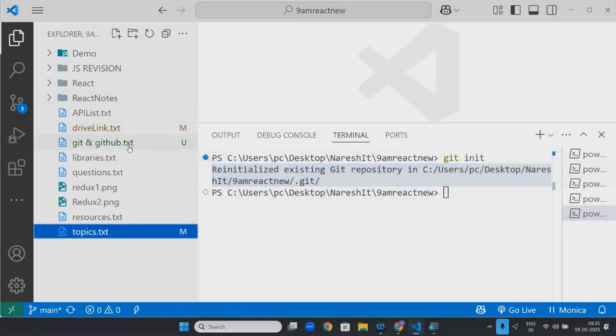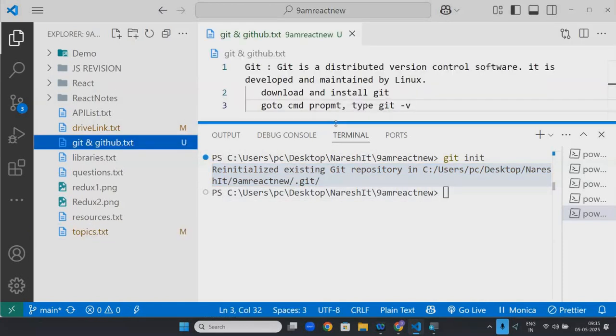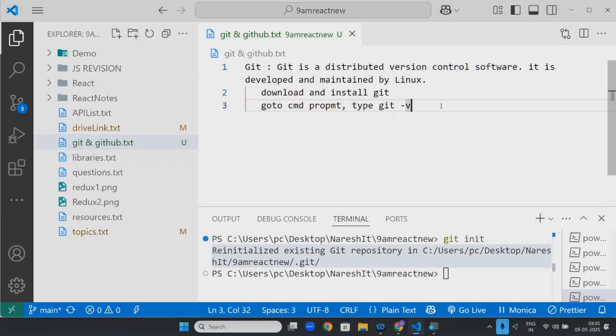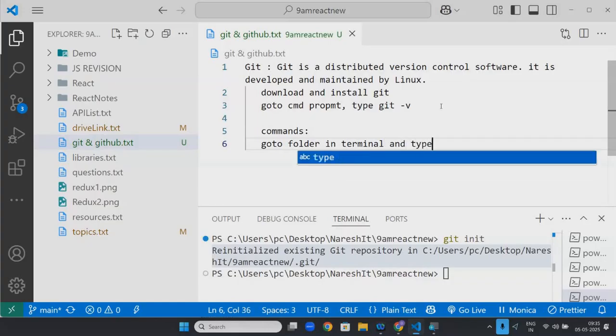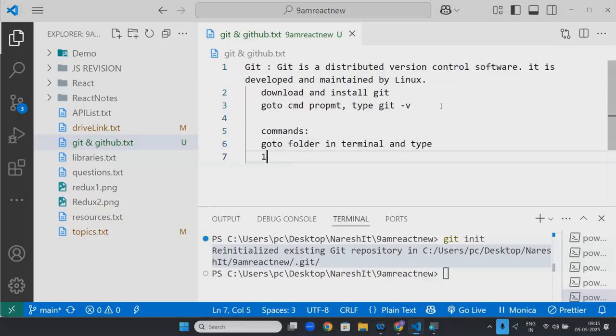So the commands are: go to the folder in terminal and type git init.